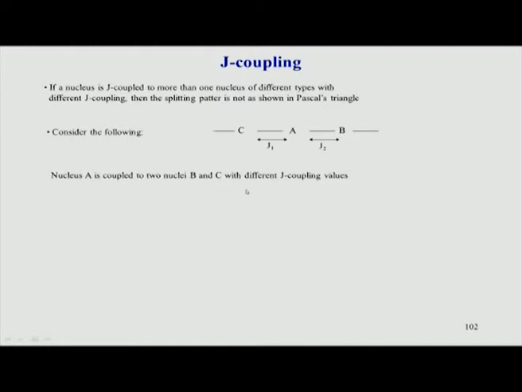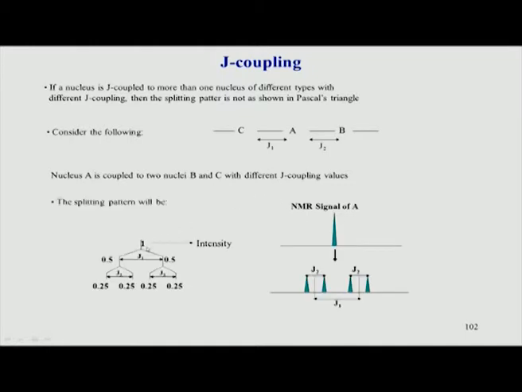This is shown here. What we have to consider is like this. First you start with 1A, which is one hydrogen atom, unsplit, one line. Now, when you consider J1 coupling, it gets split into 2, so it is 0.5 and 0.5. Now, because of the second J value, J2, each of these peaks is further split into 2 peaks. So, this 0.5 becomes 0.25 and 0.25, and the separation between these two lines is now J2. Similarly, this peak which was split because of J1 gets further split into 2, and you can see here the splitting distance is now J2.